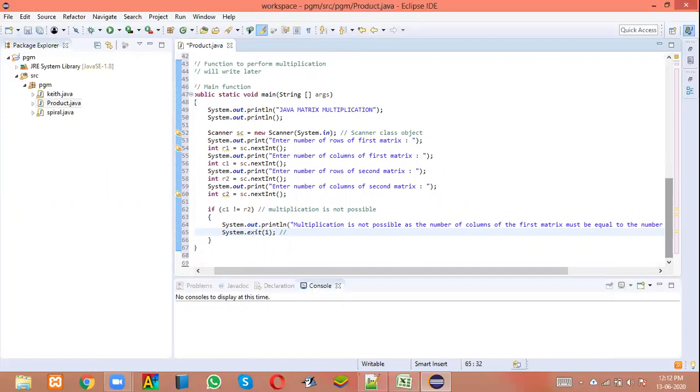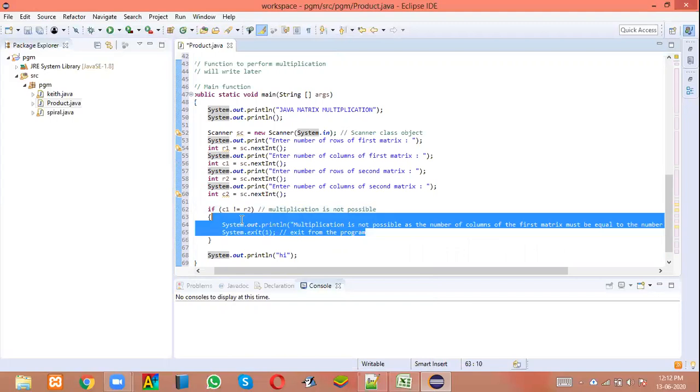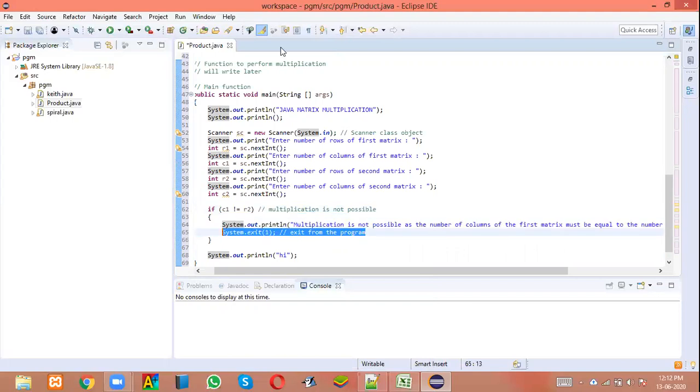See, what is the meaning of System.exit? If I write System.exit, it will exit from the program. Suppose I'm writing a System.out.println hi after it. If this condition is false, it will directly print hi. If this condition is true, it is going to go inside the if, this will get printed, and because it reaches System.exit, the interpreter will go out of the program.